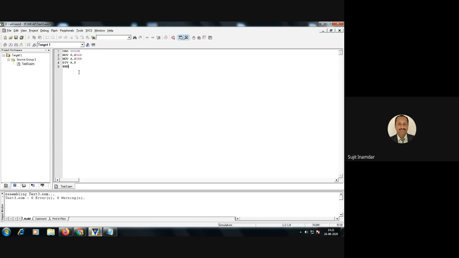I got an answer from one of the students. So I will save this and try to run it. For line number 4, it is giving an A38 error, that is, number of operands does not match the instruction. This is the wrong instruction. There should be no comma over there. Now I will save it again and check. So it is giving 0 errors. So that is the correct